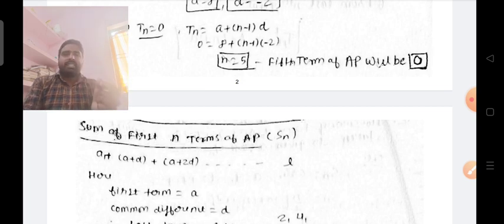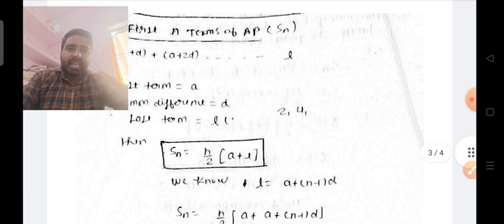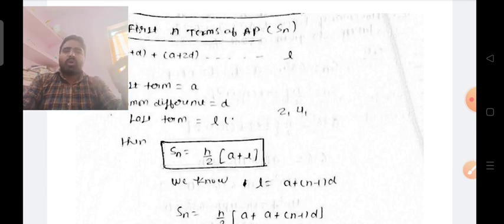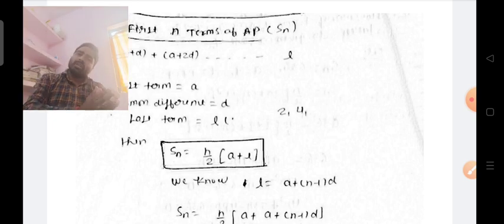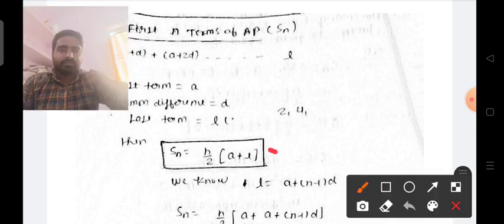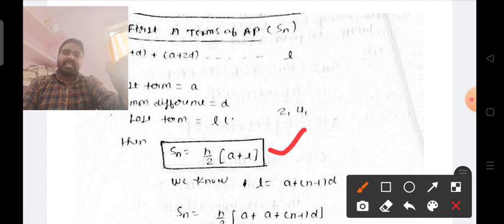See, I have already discussed what is series and what is sequence. If we are using a positive sign, then this will be the series. If we are separating by commas, then this will be the sequence. Now we have this formula, Sn equal to n upon 2 (a plus L). We know very well L is equal to a plus n minus 1 into d. We put this value here. Then Sn is equal to n upon 2 into (2a plus n minus 1 into d). We have the series. First of all, we check that it is in the AP, and we put the values and get the answer.